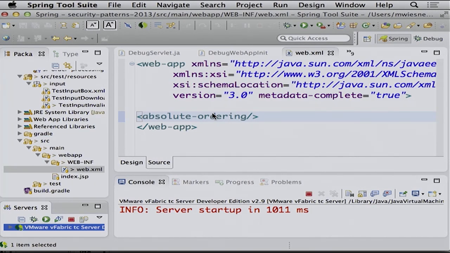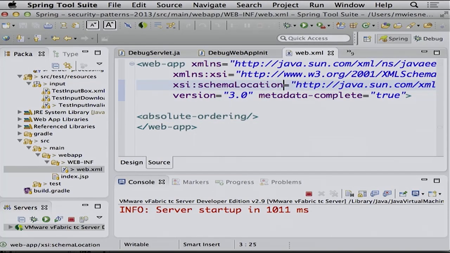And also, you should know about the features of your container. So not a lot of people even know about that. The Servlet spec supports that kind of stuff and so on. Okay, absolute ordering and metadata complete. That's the solution, basically. By the way, there's another one, but I wouldn't trust that one.